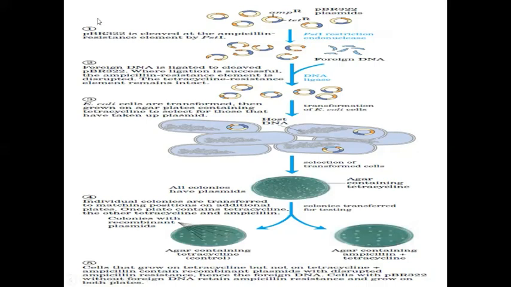The thing is, if you want to clone a particular DNA, cloning means you want to make more copies of the same particular part of a DNA. Suppose you are going to clone a part of a gene. So how to clone? Cloning means you want innumerable copies of that. So in order to do that, basically you want to replicate that copy.